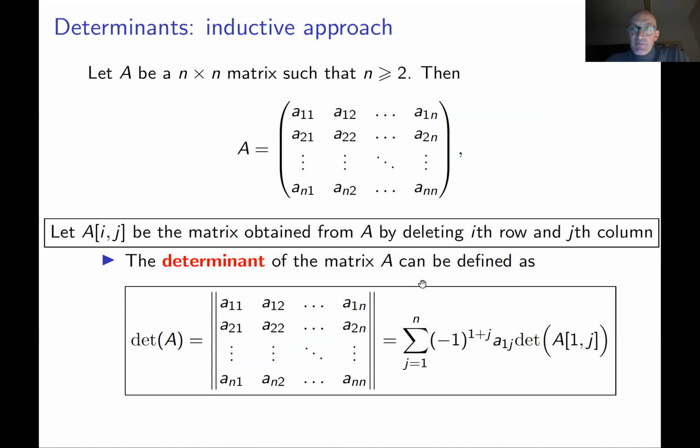I must warn you that in different books, determinants can be defined in different equivalent ways. So this is not the unique way we can define determinants, but this is a very handy way. It also gives you a formula for how to compute the determinant in every given case. The next slide contains a generalization of this formula, where you can expand the determinant by any row or even by any column. Let's take a look at them.